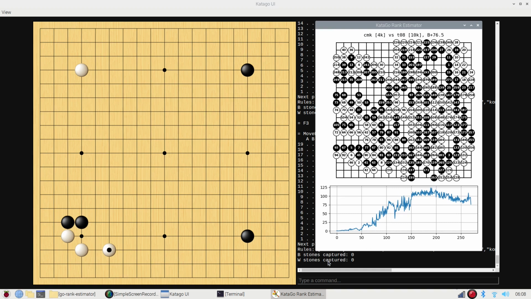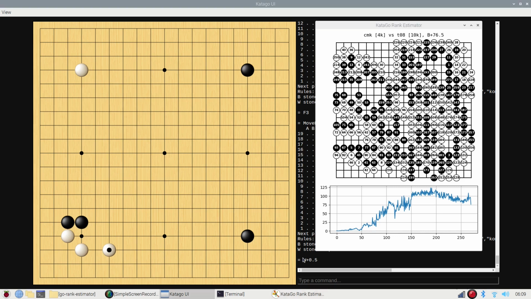Would it be over in here now? So for the normal continuation, like the AI would suggest, this would be white plus half a point. Okay, but for the actual continuation,